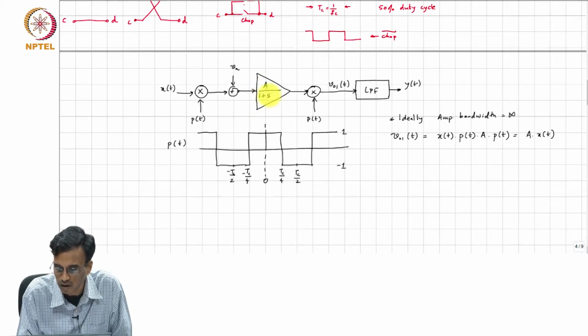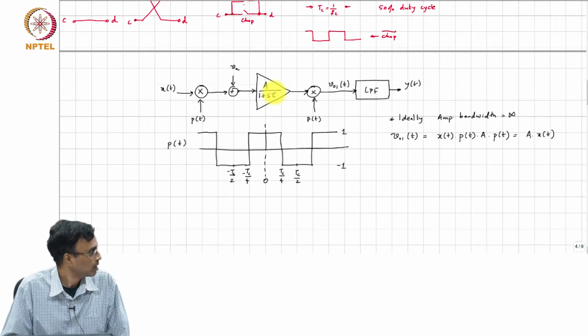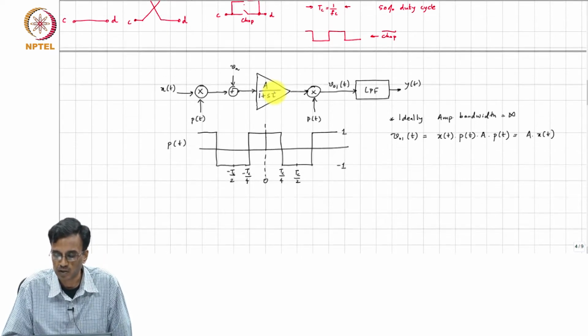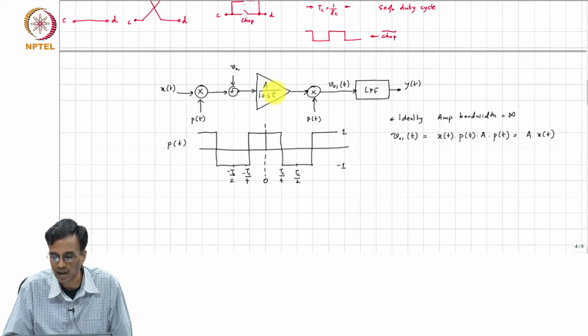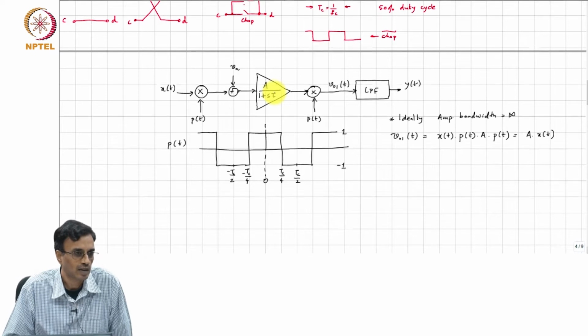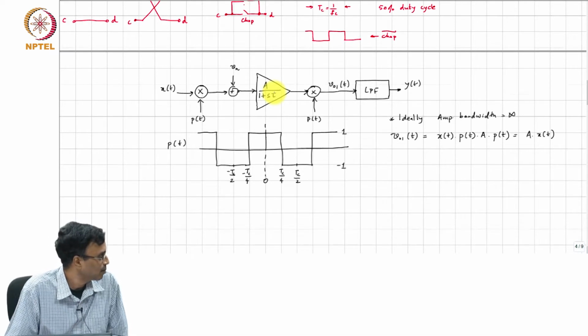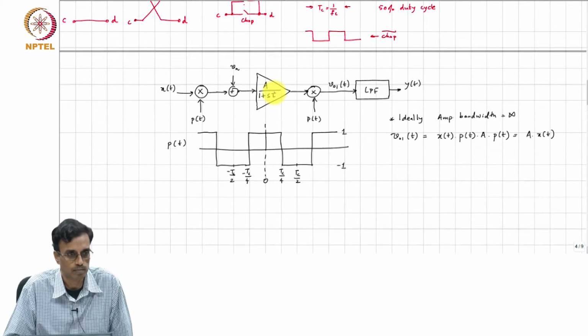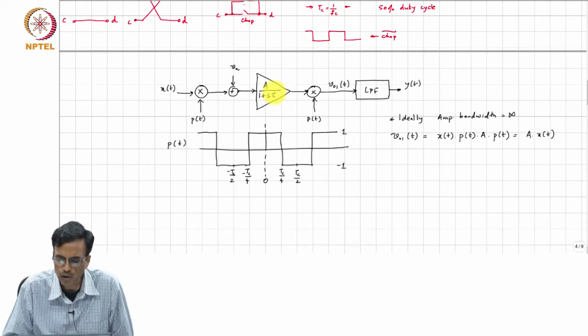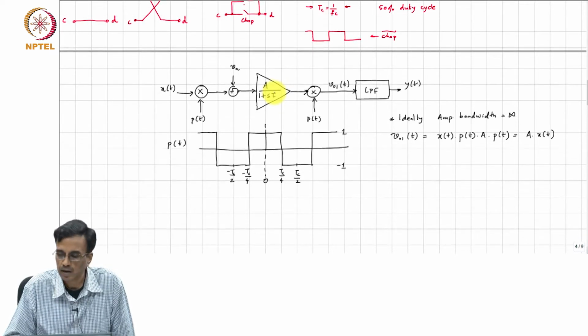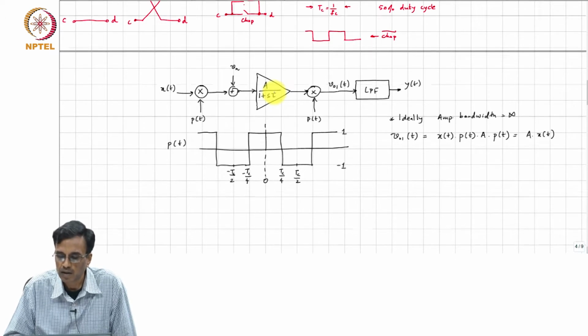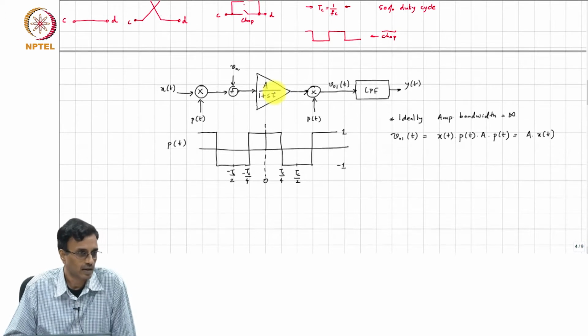bandwidth which has got a bandwidth of 1 over 2 pi tau, right. So, the transfer function of the amplifier is, we assume it is a single pole model with a bandwidth and that bandwidth corresponds to a time constant of tau. Now, the question is what happens to y of t, right. In other words, we would like to understand what all inputs can lead to an output at DC.